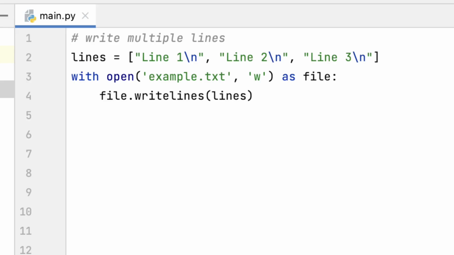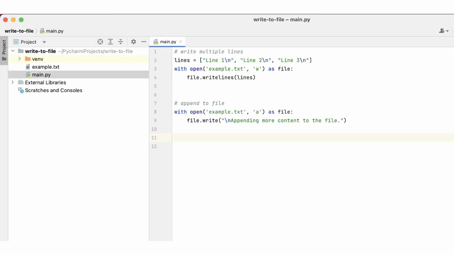You can also write multiple lines to a file by passing a list of strings to the writelines method. This can be super handy for writing entire paragraphs of text. Check this out. To add content to an existing file without overwriting its contents, open the file in Append Mode